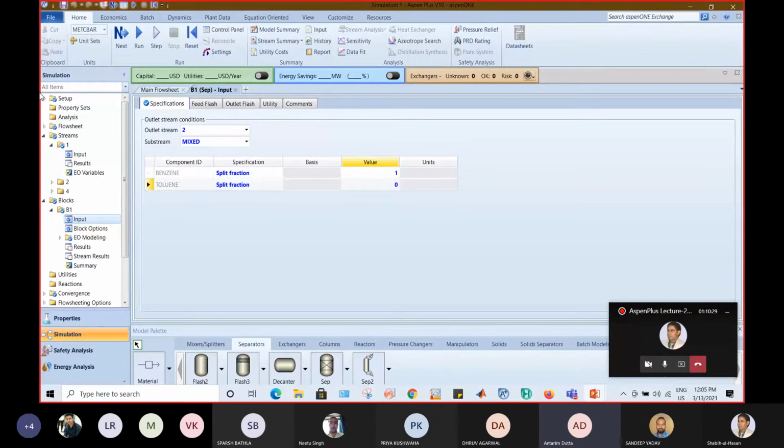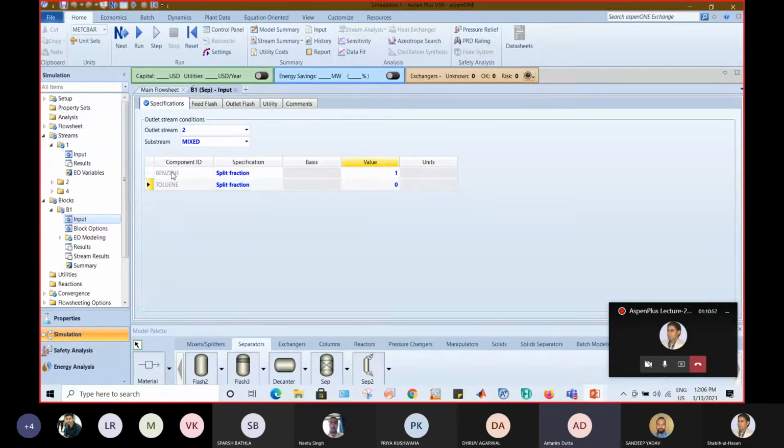So I have fed in the data in terms of split fractions, since this particular model only works on split fractions or split flows. So for now, I am feeding in the specification data with respect to stream number 2. For stream number 2, I have provided that the split fraction should be 1.